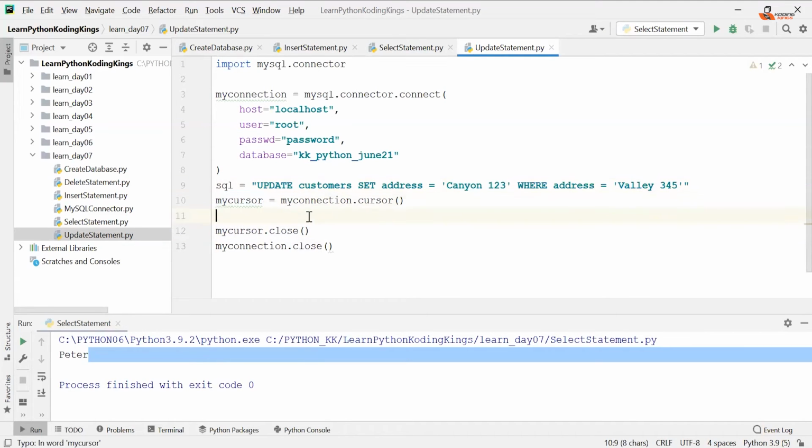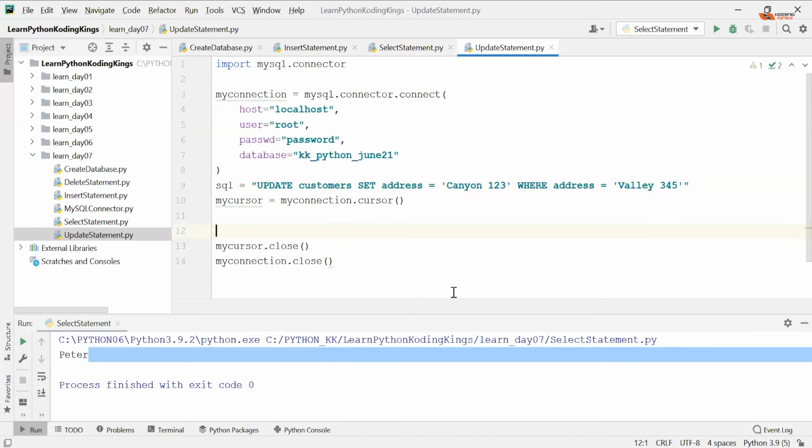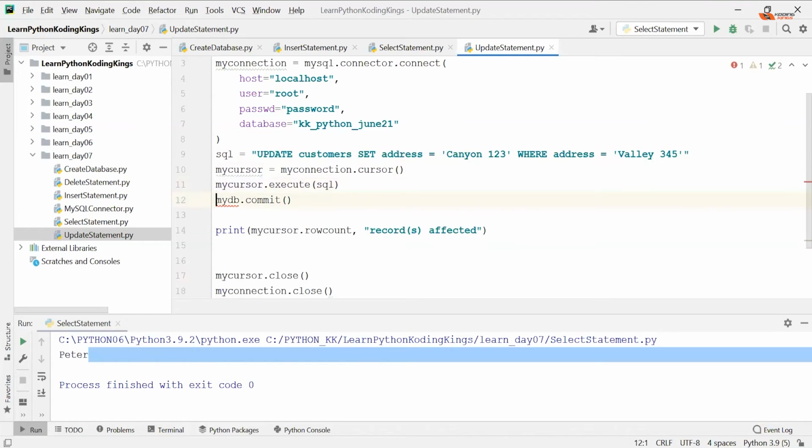How do you do that? Same story, mycursor.execute, nothing new. You pass the SQL, commit, get the row count, and you are done. Nothing new, so that's why I'm telling you this is very easy.